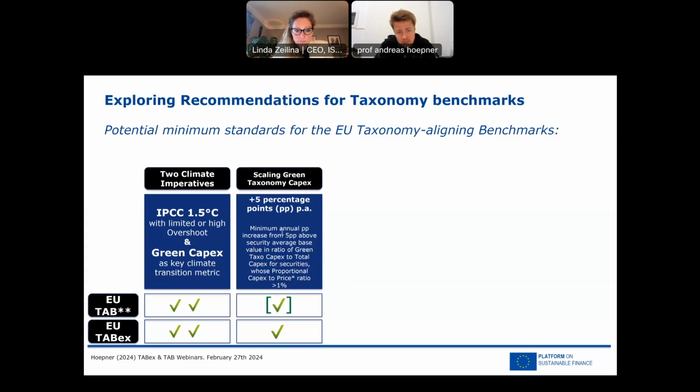And if you start at ±0, you decarbonize 7%. And you allow for decarbonization holidays. So the idea is basically that if you have 100% green capex, you would only have to decarbonize 0%. If you have 50% green capex, you only have to decarbonize 3.5%. Then you will need to tolerate some level of overshoot. Of course, the IPCC itself tolerates limited overshoot.